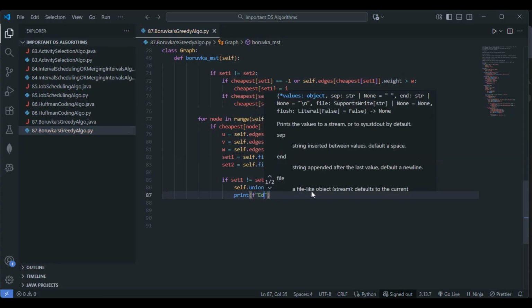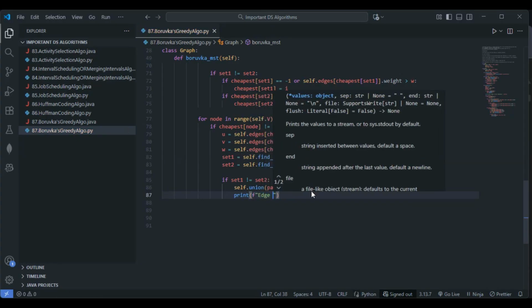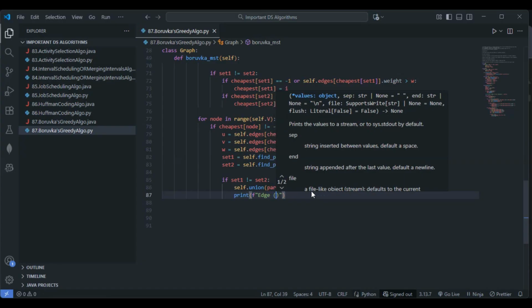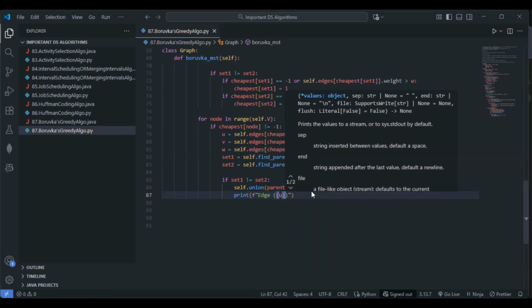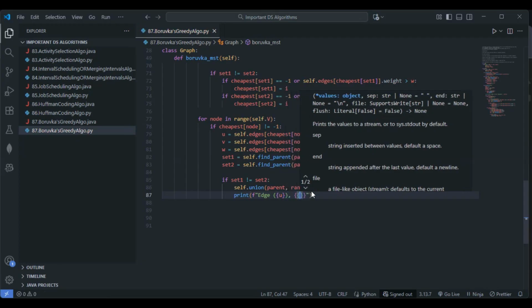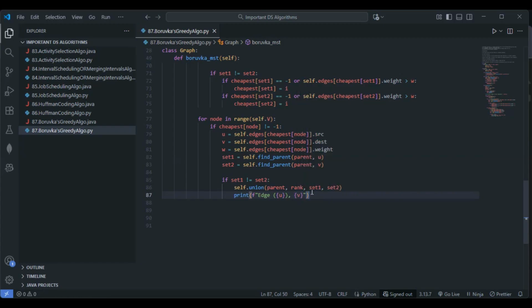I'll go with edge, then U, then V. Let me go with weight W, added to the